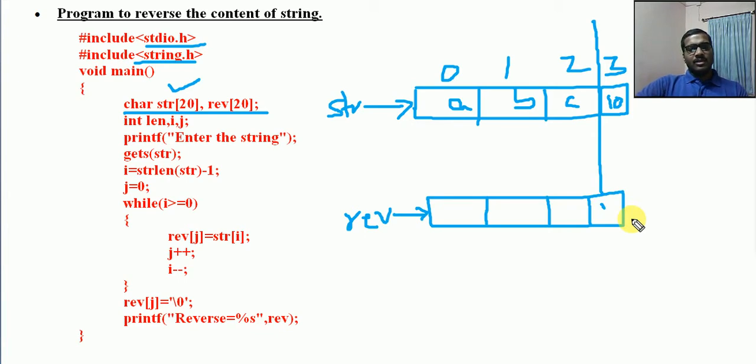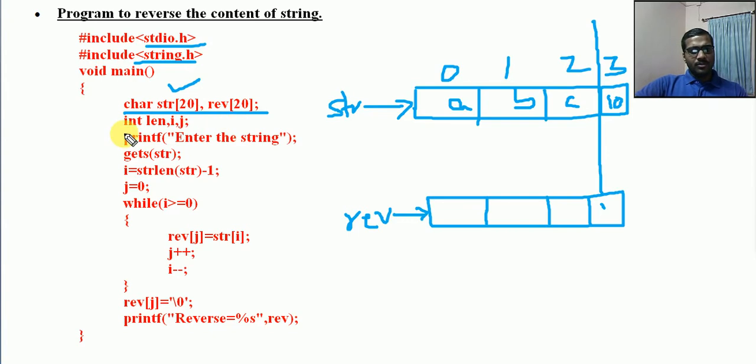We are going to read the values into str. I have not done that yet. Only the declaration means memory is reserved for the 2 string arrays. The values will be received later by using some read operation.